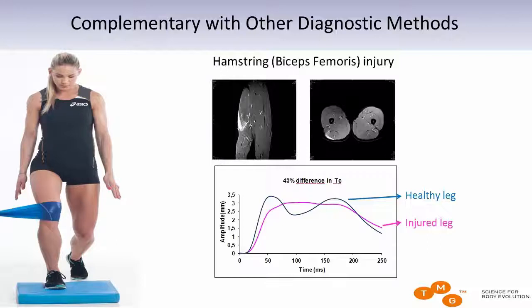And the difference in this case was quite high, 43%. The contraction time prolonged in this case. So the thing is, the TMG can be more useful. We're not saying that the TMG is better than any other methods, but I'm just saying in this case, when the subject is very close to being healthy again, so being ready to return to play,